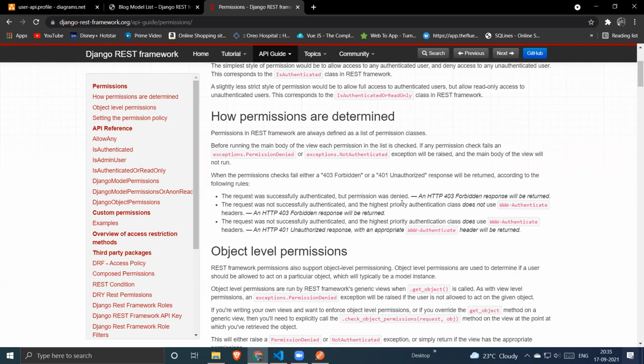It's a function which you can pass from your model view set, and then the function will take care of your if conditioning or whatever you have written in that particular function, and provide you either a boolean output, or whatever you have written in the function. So permissions are basically classes where we can write our conditions to decide whether an individual has authority to make a request, which is an HTTP put, patch, or delete request.